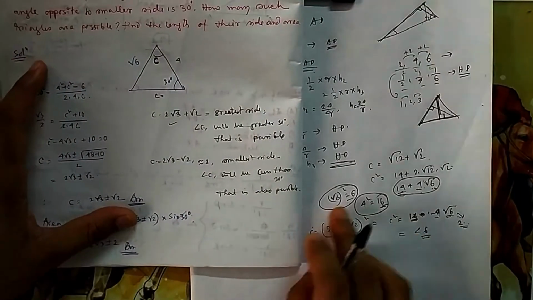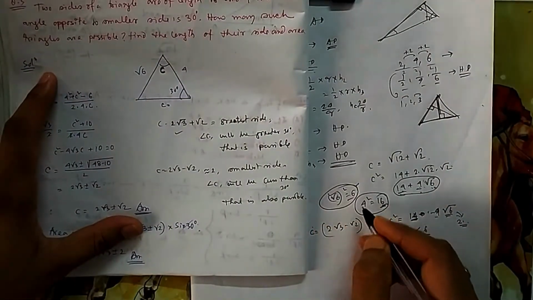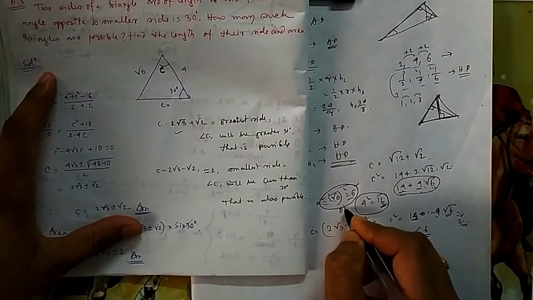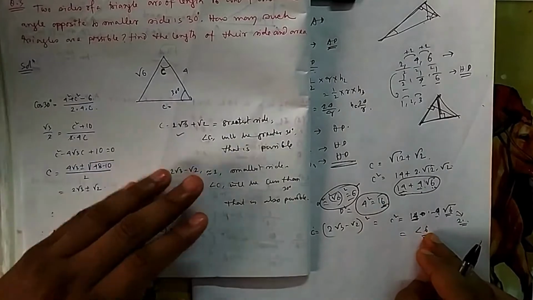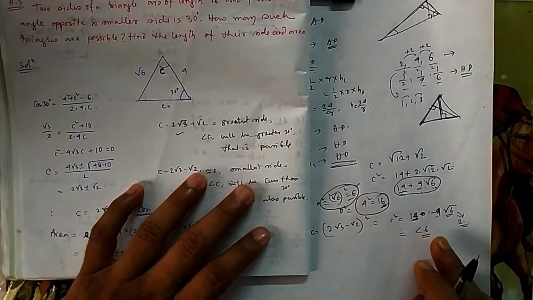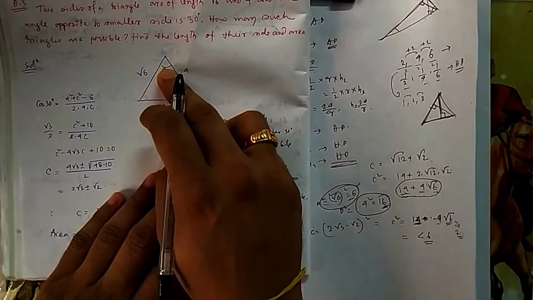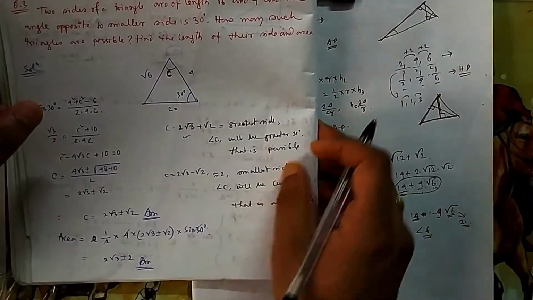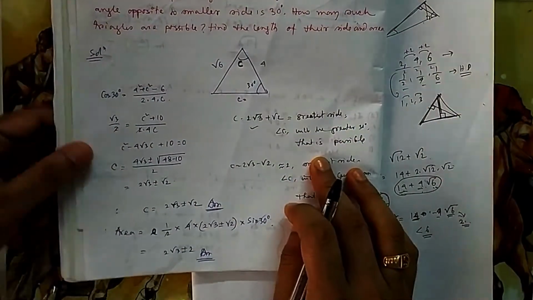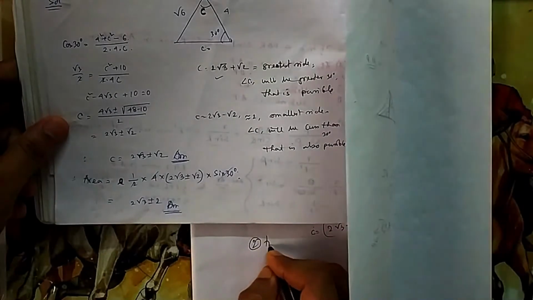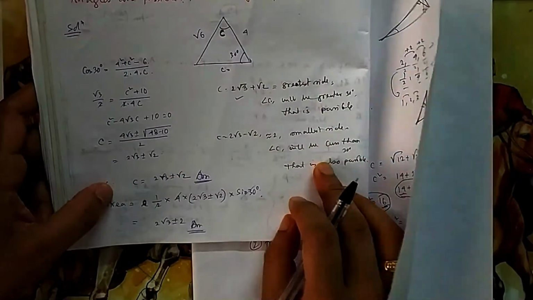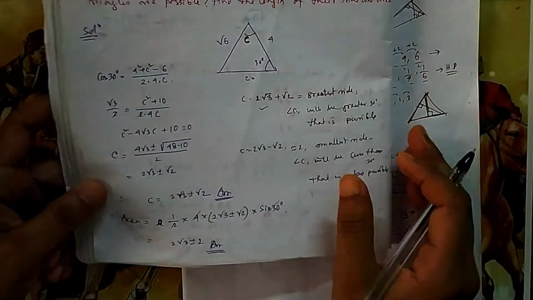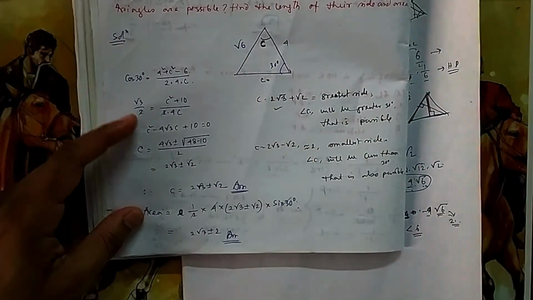This one will be the smallest one, because one side square was 6, and the other square was 16. So it will be the smallest, then this, then this. That means the angle will be less than 30 degrees. The opposite angle will be less than 30, and again a triangle angle can be less than 30. So both of these are possible. So how many triangles are possible? 2 triangles. First you check whether both are positive or negative. Then you check with the angle also, because your angle cannot go beyond 180.